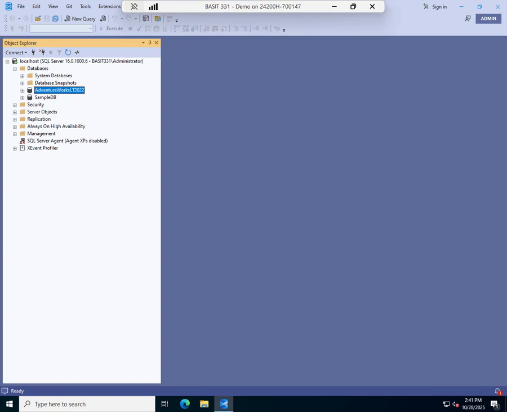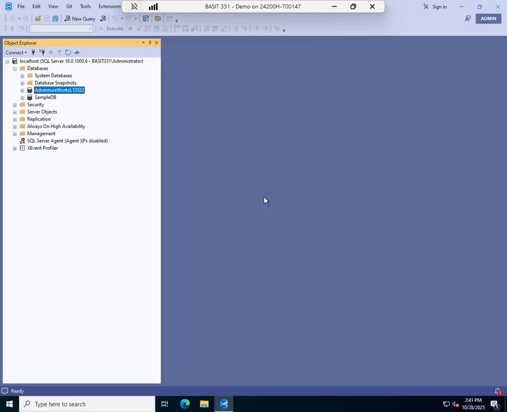Okay, in a previous video, we talked about how to back up an SQL database. Now let's talk about how we would restore a database. So there's a couple of different options. We've used a restore before when we restored our AdventureWorks database, which is how we got it into our SQL